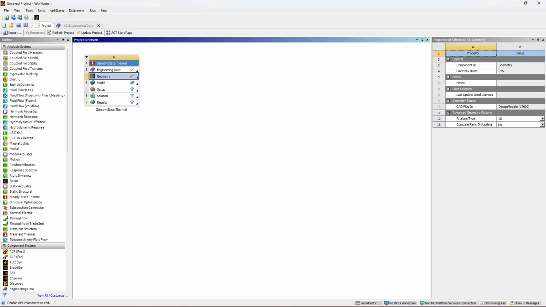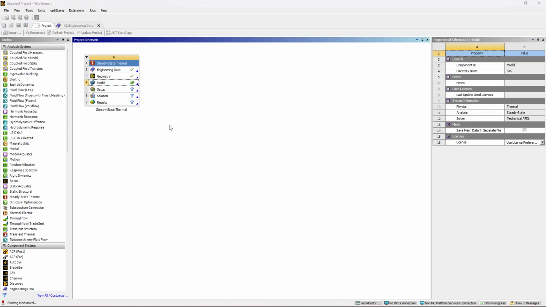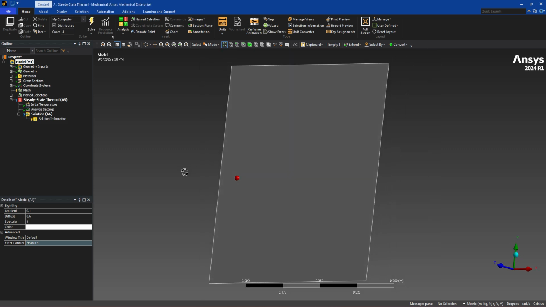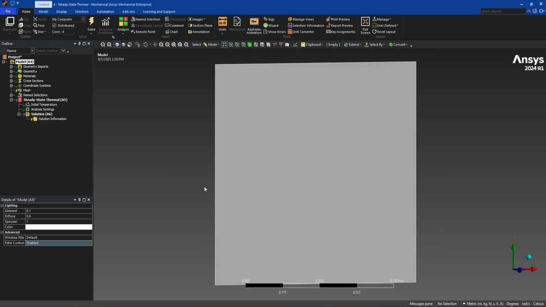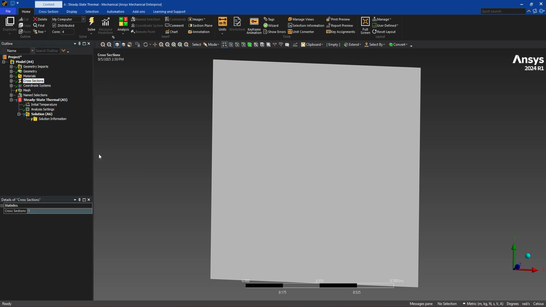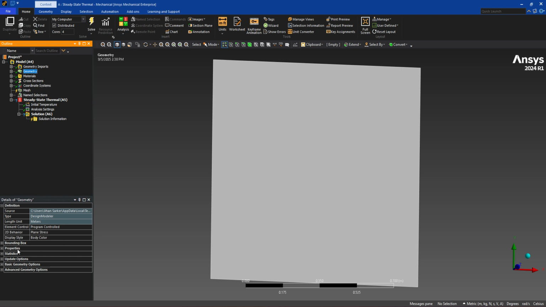Now go to the workbench and go for the model edit. You should be seeing starting mechanical here. Okay, so this is the geometry of ours. We do not need this cross section anyway, it won't make any problem. Just go to the geometry and you should see